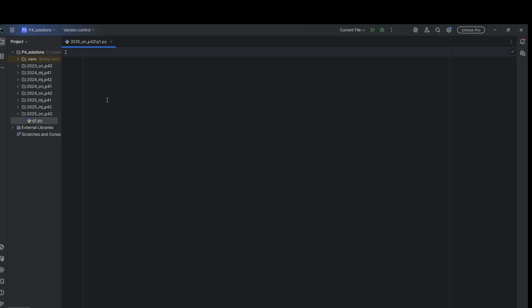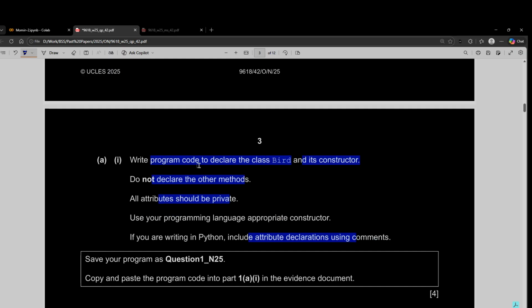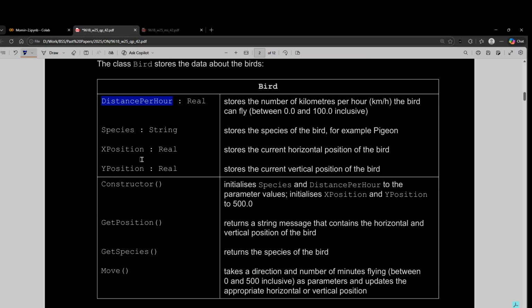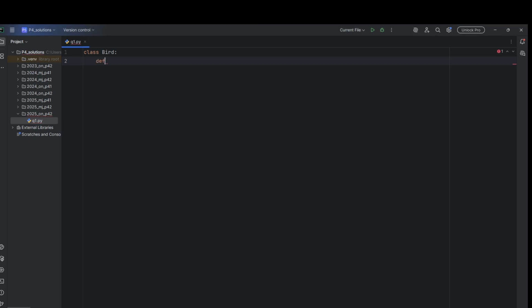Okay, so class is called bird. Then we see that we have distance per hour, species, x position, y position. Okay, and then we have the constructor which will initialize species and these values to parametric values, and then x and y to 500. So these would be fixed values. So I'll quickly do that. We have defined